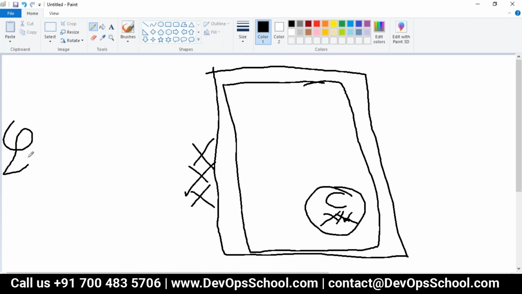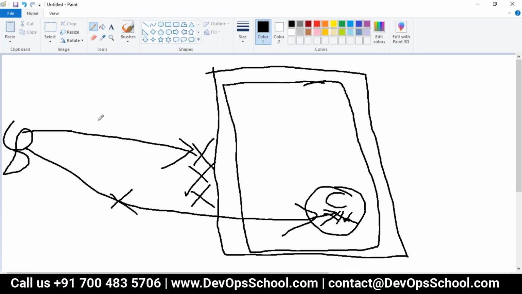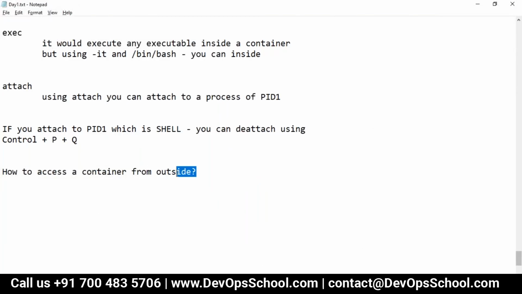So can I access this container directly? No. Can I access this host directly? Yes. So what to do now? We have to create a port forwarding. How? If I hit the host at a certain port number, then from here, it should redirect to here. This is called the port forwarding concept. All of this you set up at this place. Did you understand that port forwarding concept conceptually? Yes, sir. So now guys, I am doing the port forwarding